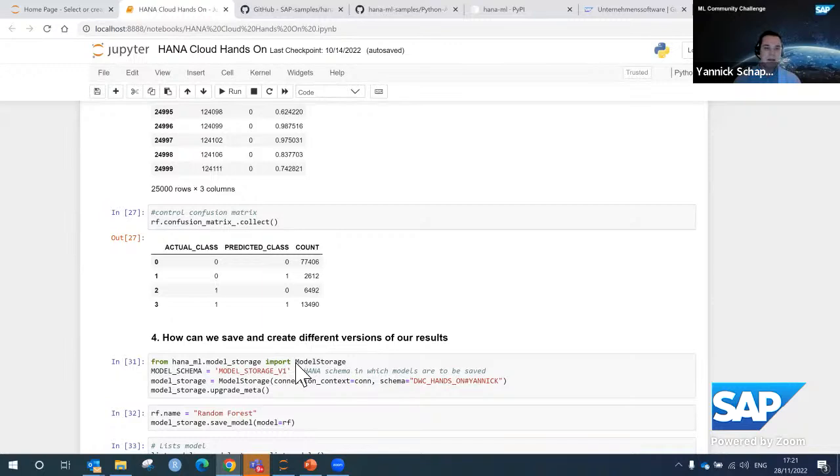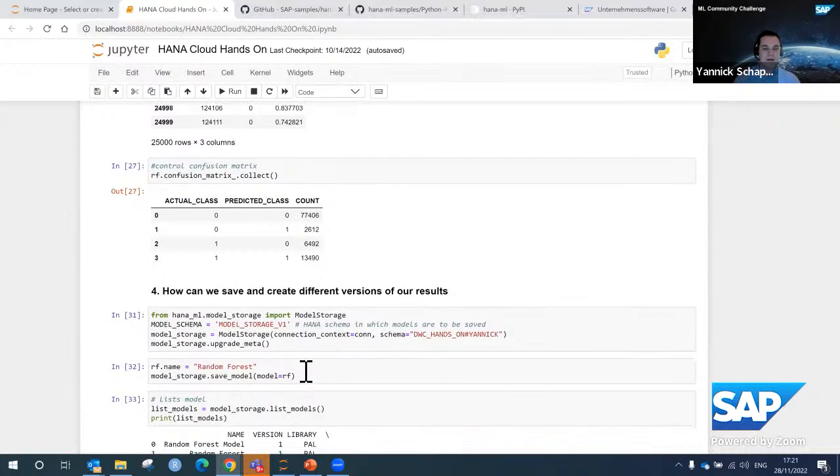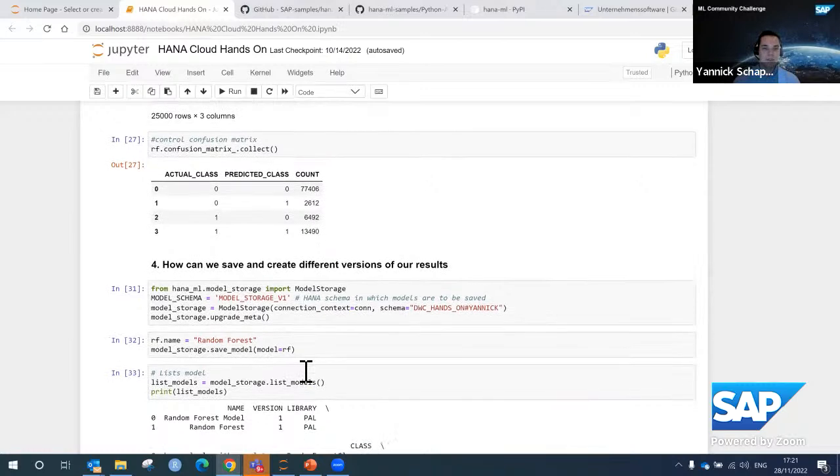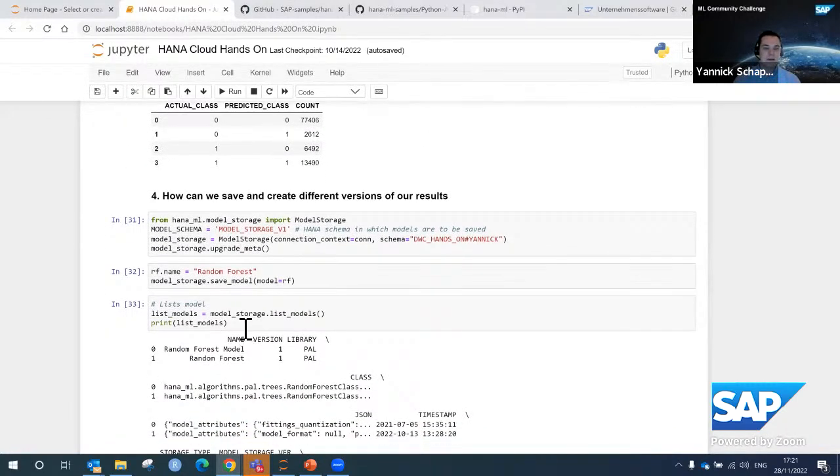And in there, I can then save my final machine learning model, which I've optimized, and then later on, of course, always load it and use it for predictions. And for example, in here, you see I've already created 2 random forest models, which I can then further use.